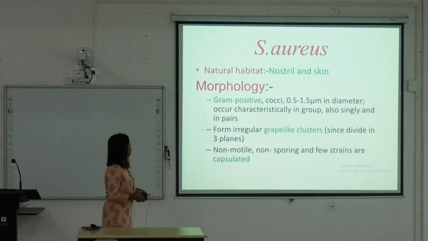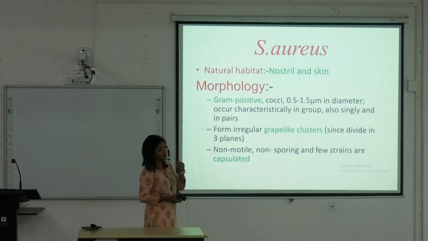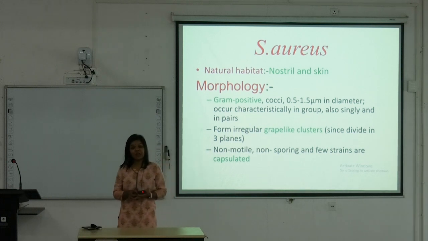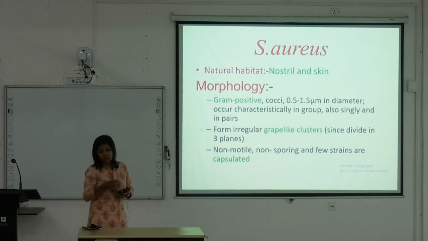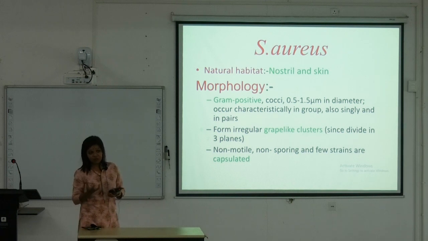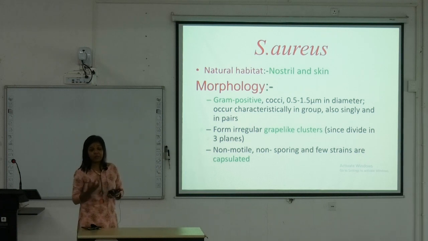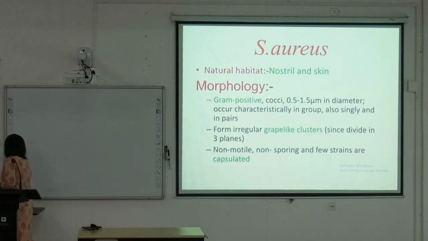I told you about the morphology. This is a gram-positive cocci. Each cocci measures 1.5 micrometer in diameter. Why am I mentioning this diameter? If I get a chance in a practical class, I will show you the colony and the smear, everything. When you stain it, sometimes micrococcus and staphylococcus look alike, but the difference is in the micrococci family,